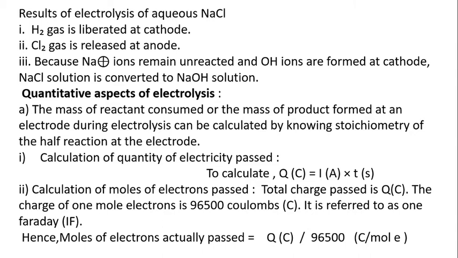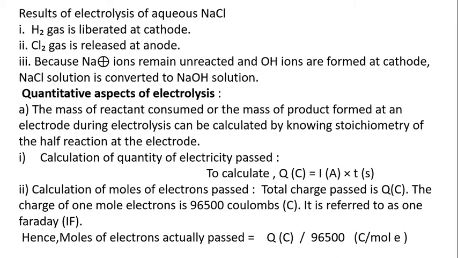So at the anode, chlorine gas is formed instead of oxygen, because of the overvoltage we have just seen. It is expected to form oxygen gas, but it is not formed; instead, the oxidation of chlorine takes place and chlorine gas is formed at the anode.